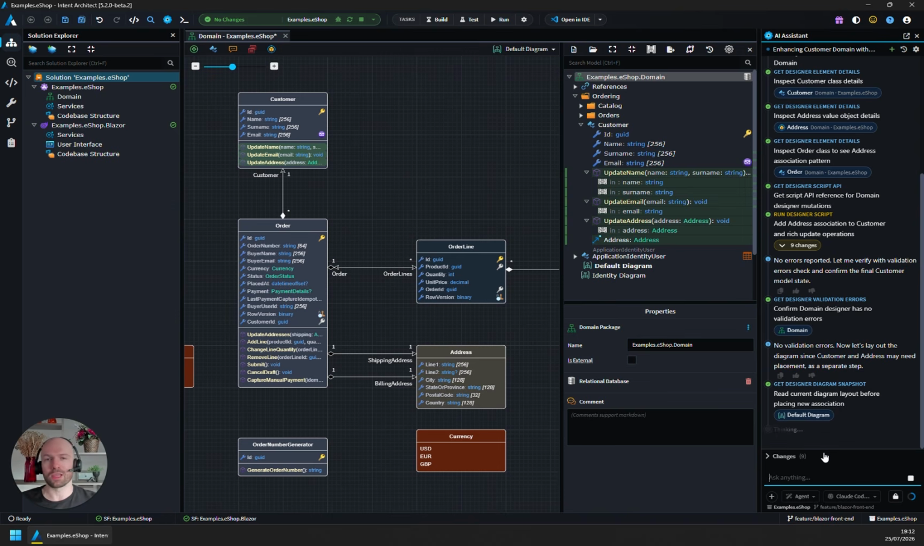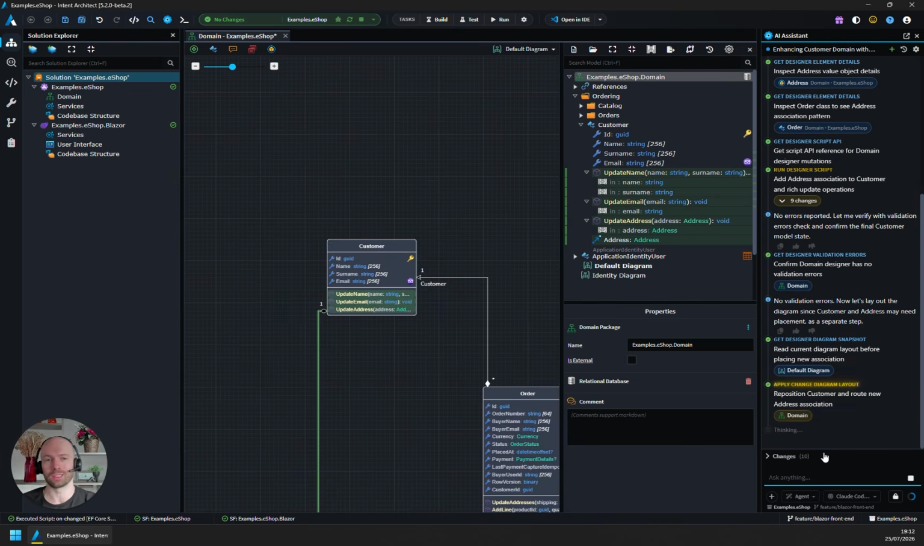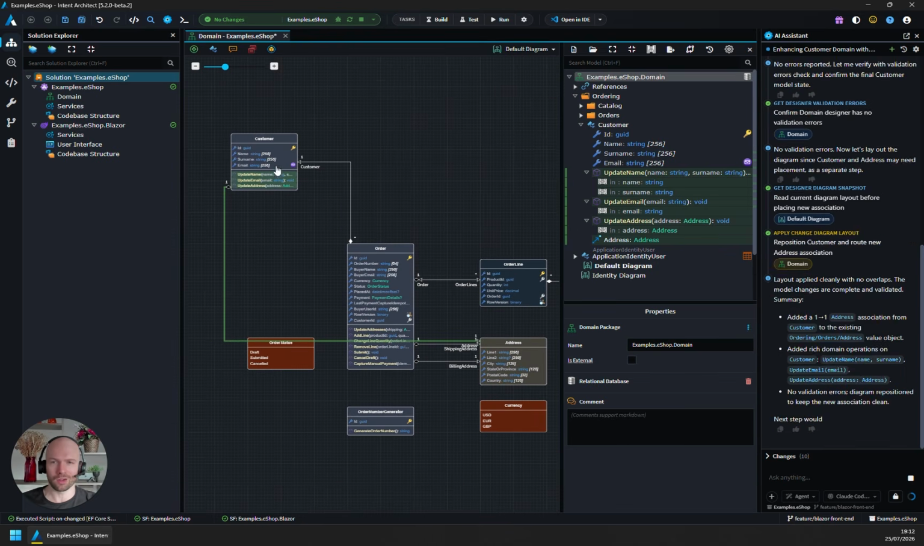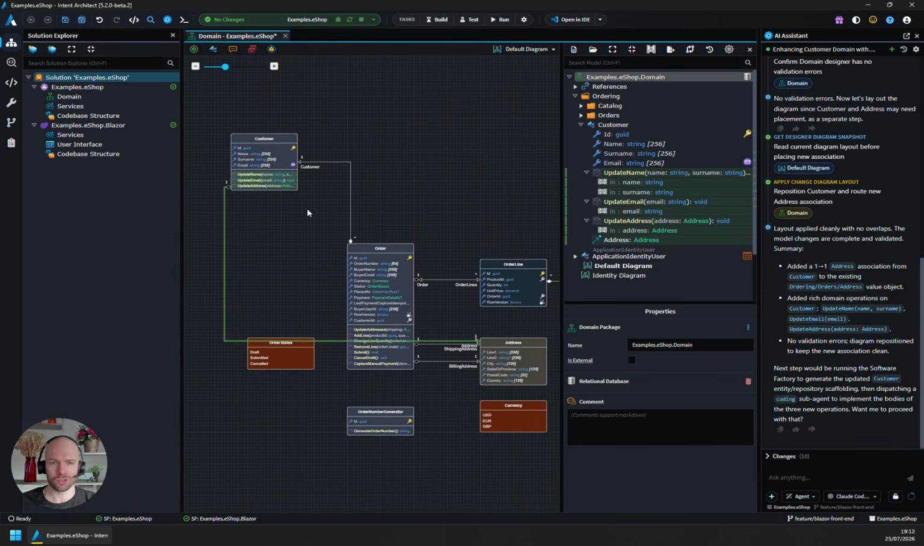But this is a possibility that is available to us in this version of Intent Architect, and something that is quite a massive milestone. We are using the platform to build itself, which is very, very key. All right, so we can see here, by the way, that it's gone and added in this relationship as well